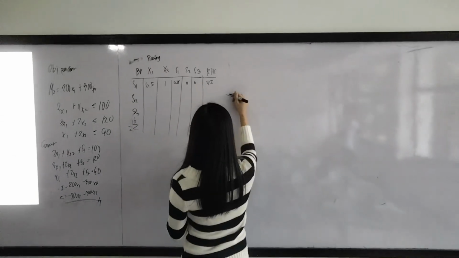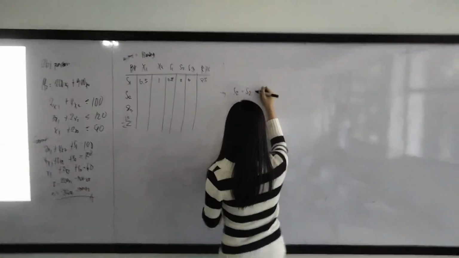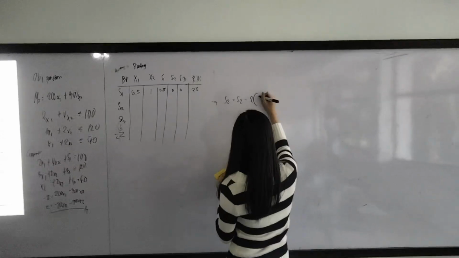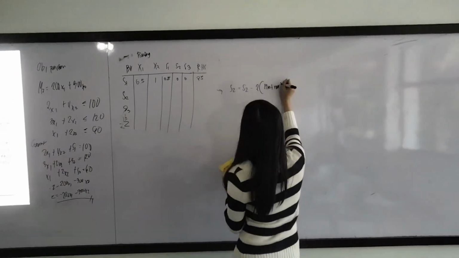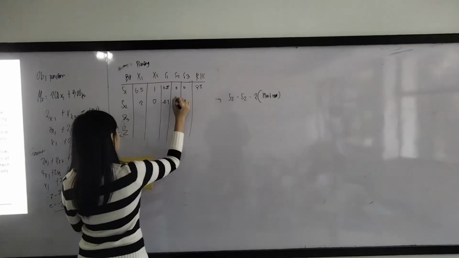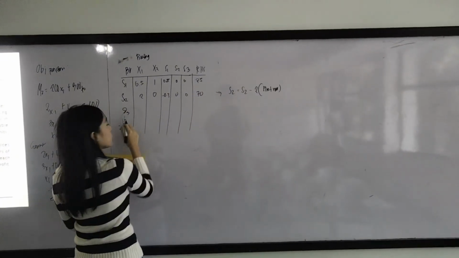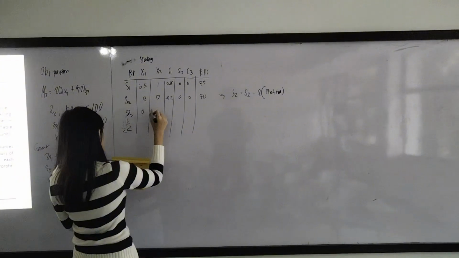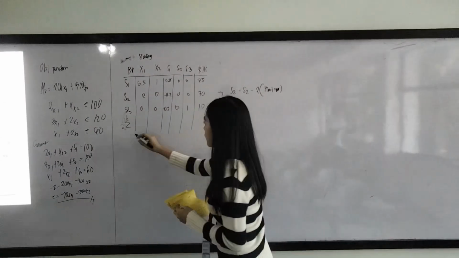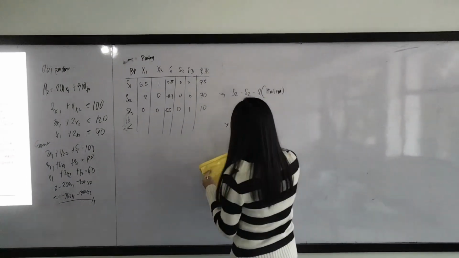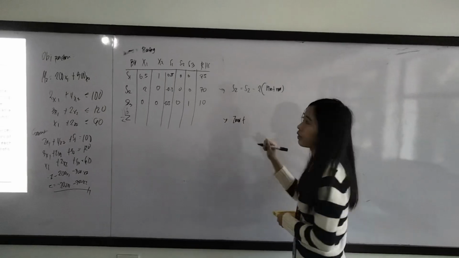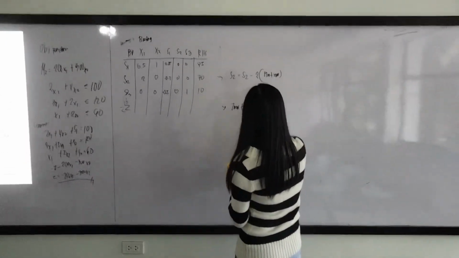To get the second row, we need to follow this formula: the coefficient from the second row subtracted by 2 multiplied by the pivot row, which is our first row. So we get 2, 0, negative 0.5, 0, 0, and 17. Same goes with getting the third row. So we get 0, 0, negative 0.5, 0, 1, and 10. And getting our objective function is to add it from our entering variable, which is 300 multiplied by 2